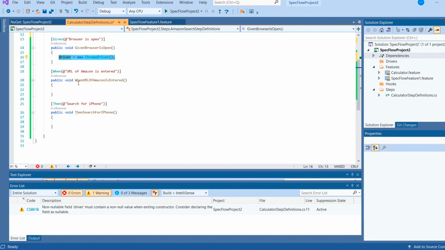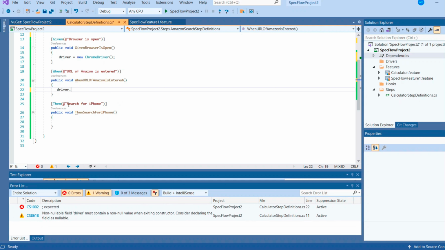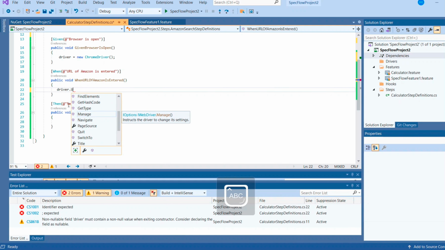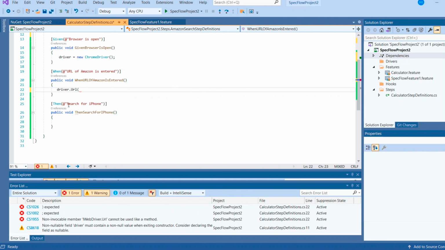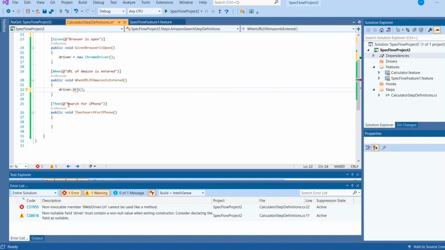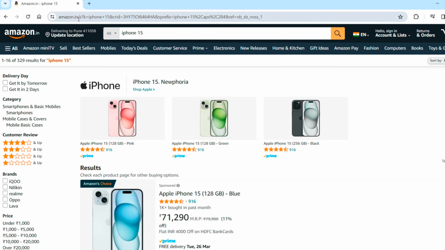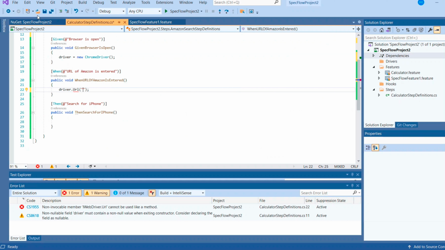Now we need to feed the URL to the browser. So we go to the second method, and in that we type driver, which is the handle for the browser, dot URL, and inside this method we give in double quotes the URL for Amazon. So let's fetch the URL for Amazon. It's amazon.in. So we'll give that,